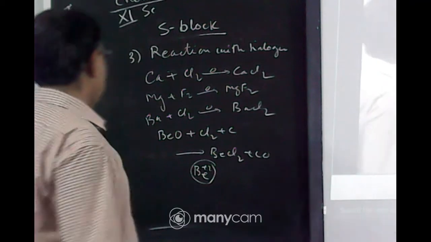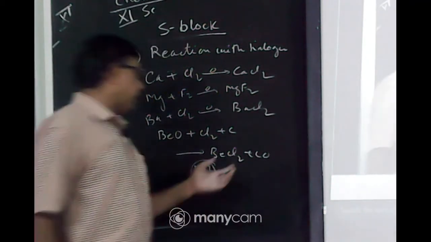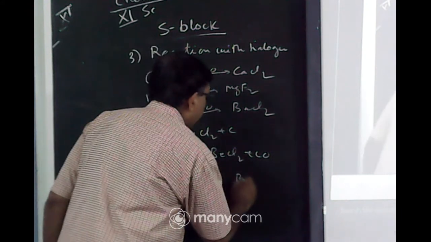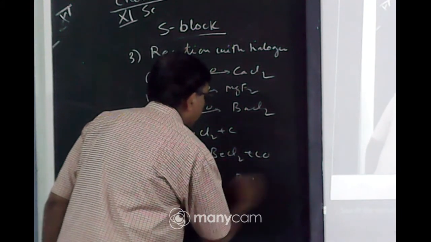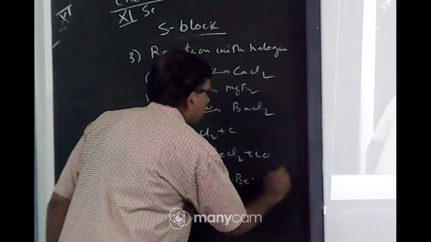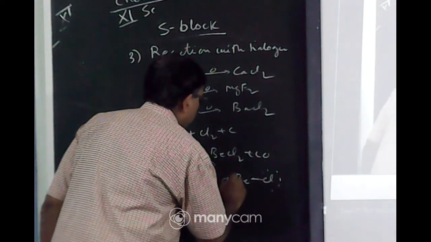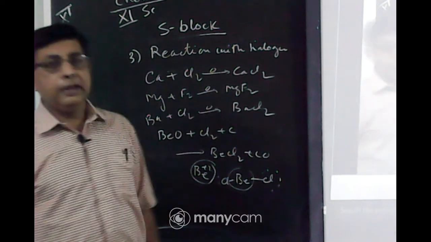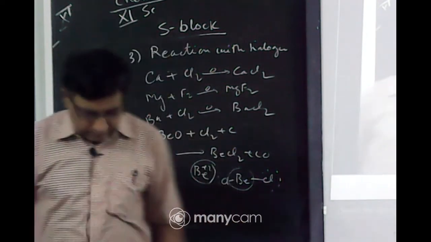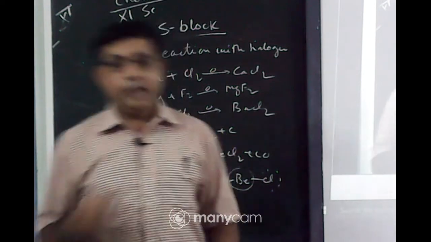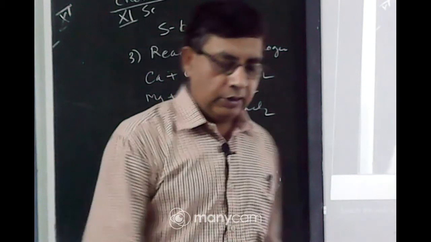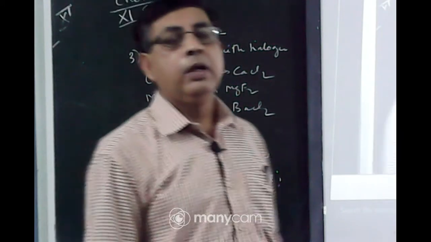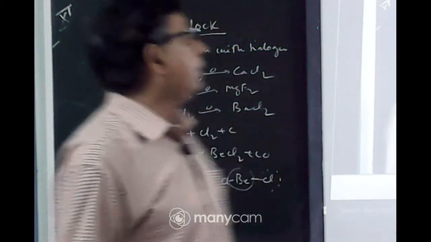So, beryllium chloride is a compound with covalent character with 4 electrons in the outermost shell. Beryllium has 2 valence electrons. These 2 valence electrons form 2 covalent bonds with 2 chlorine atoms. So, it has 4 electrons in the outermost shell, that is less than an octet. Due to being less than an octet, beryllium chloride has Lewis acid character. So, it has a tendency to accept an electron pair. So, it behaves as a Lewis acid.